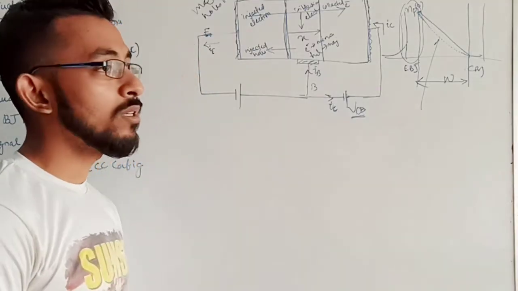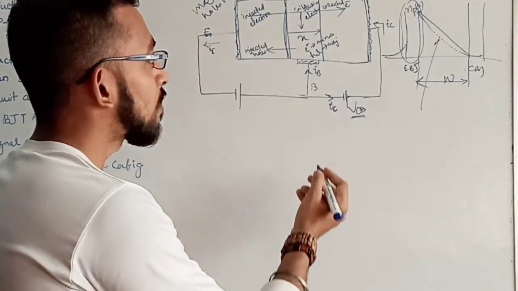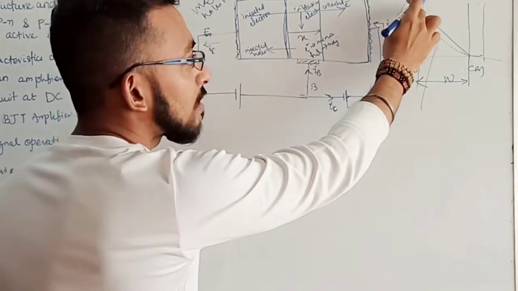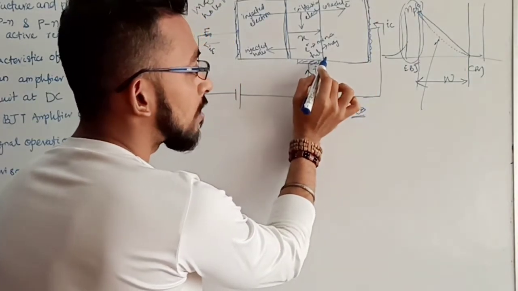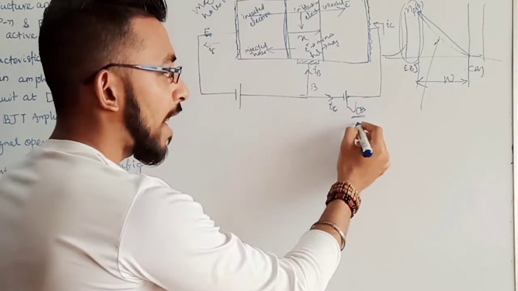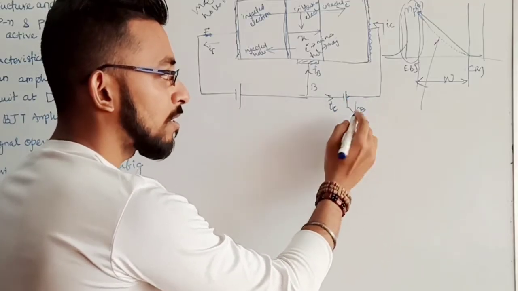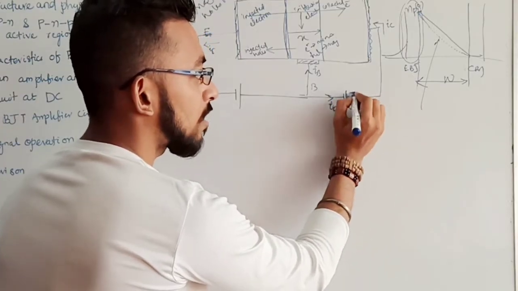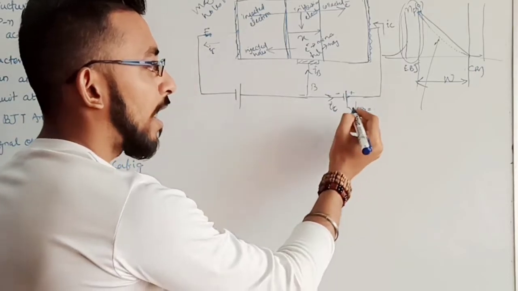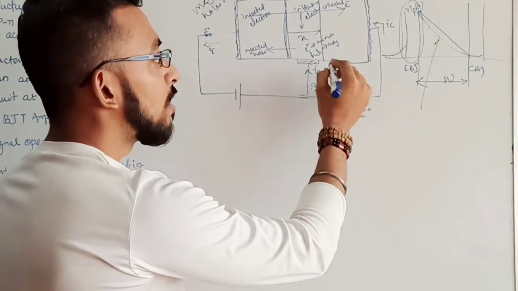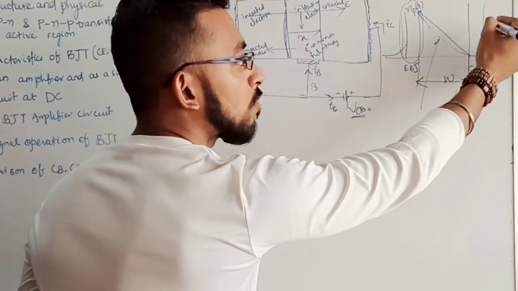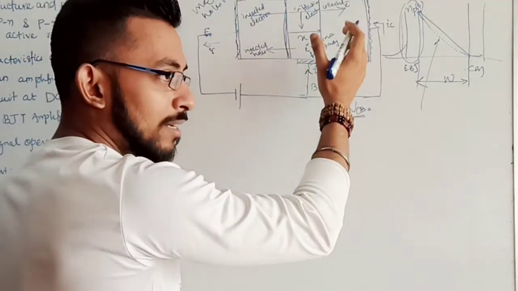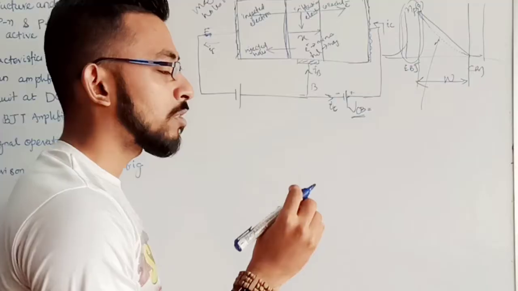So let's see how this collector current flows. Yesterday we came to know that these electrons, throughout this length x, decrease like this till the edge of the collector base region. Now, as I told earlier, because of this VCB, which is positive for the collector and negative for the base, as long as this voltage is positive, it will sweep all those electrons present over here to the collector side. Those electrons are collected, and this collected electron will constitute the current.